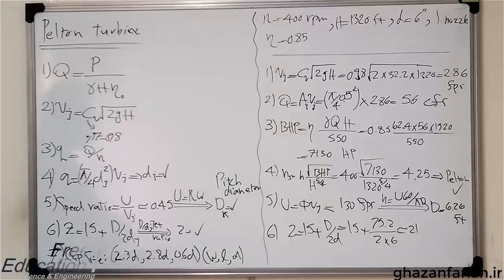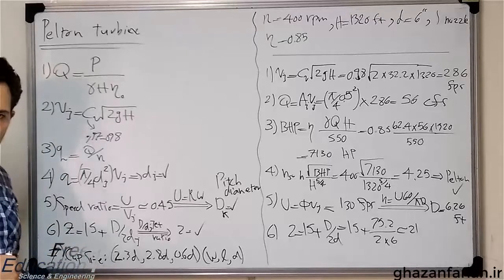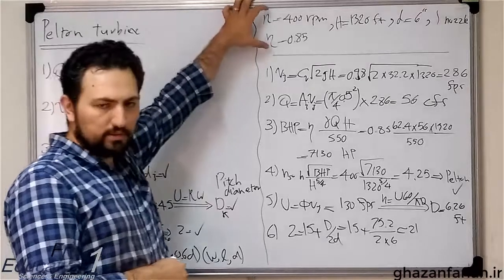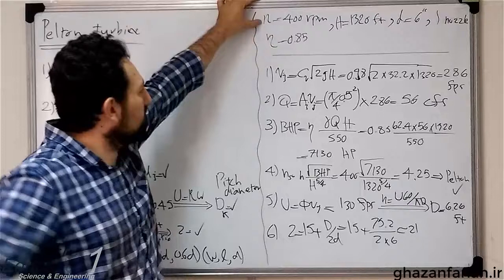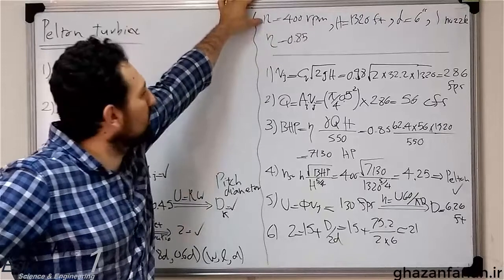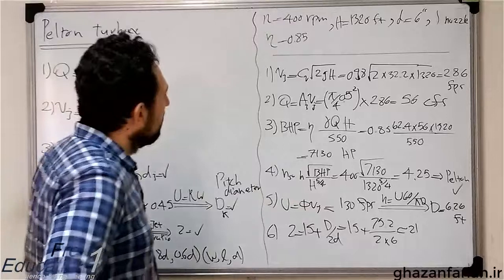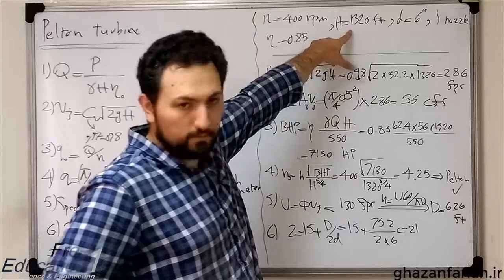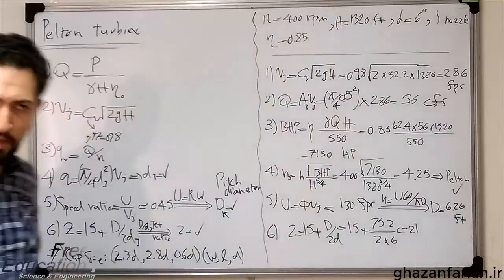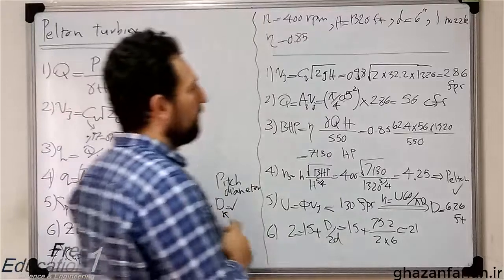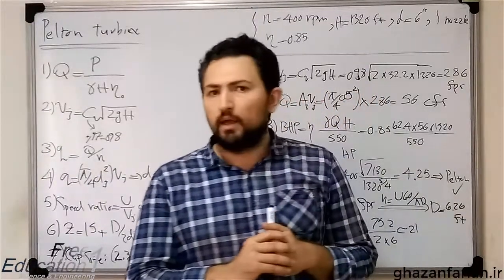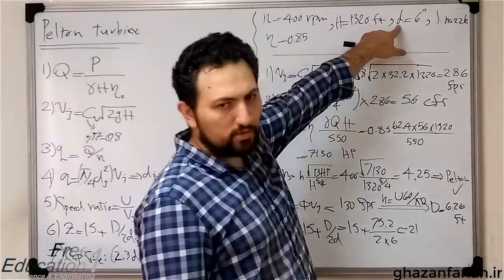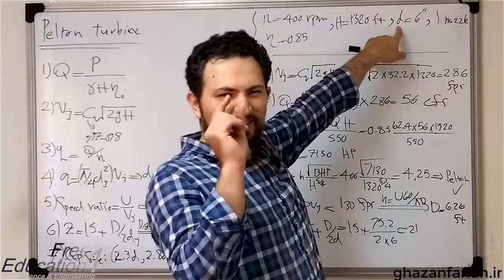In the next section, let's repeat this design process for a real case. The input information is written here. The angular speed of the Pelton turbine is 400 RPM. The head of the turbine is 1320 foot. It's not a small value at all, about 450 meter head. The other one is the diameter of the jet, which is 6 inch or half a foot,